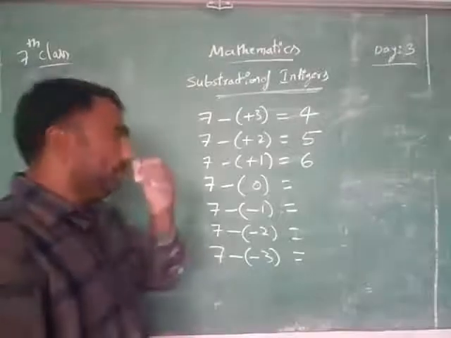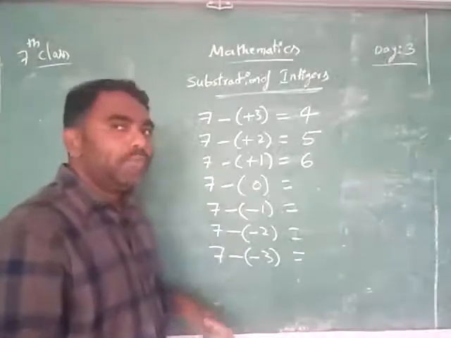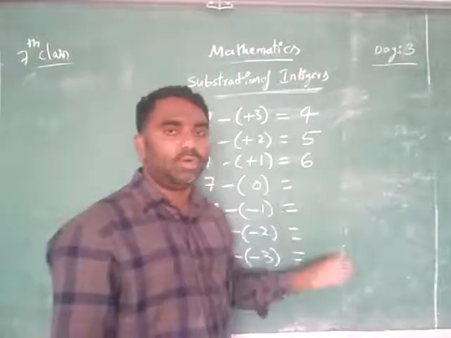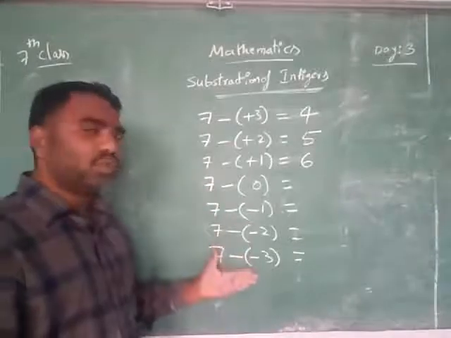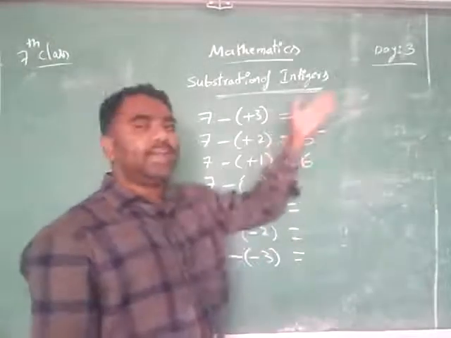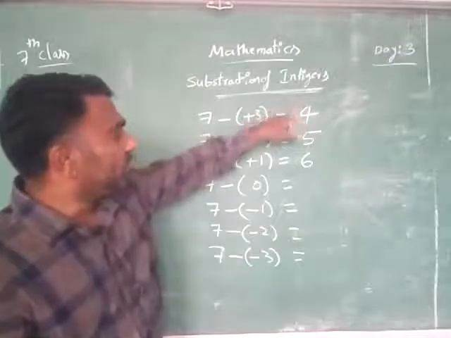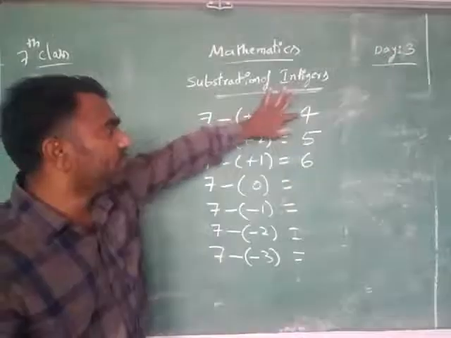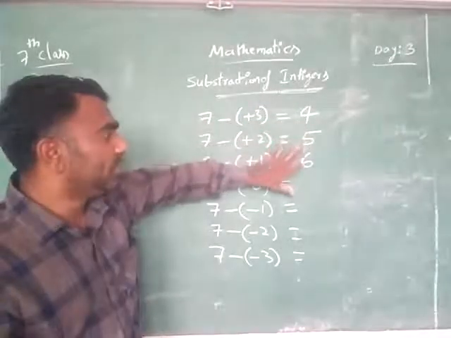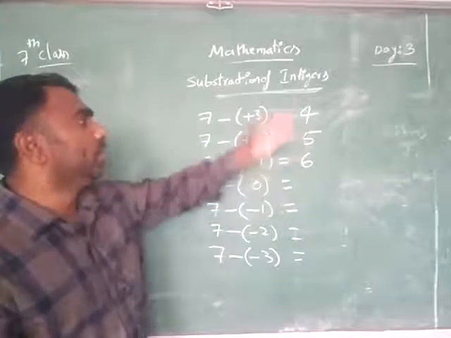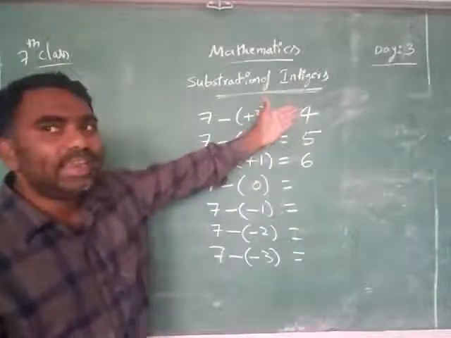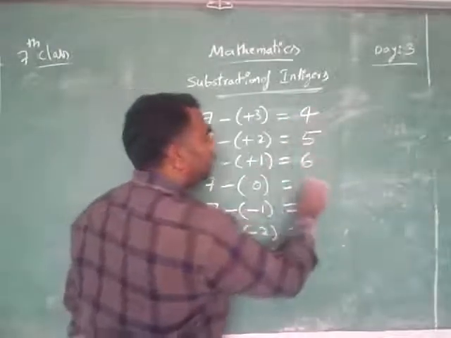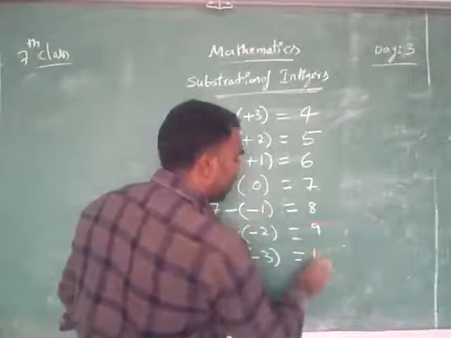Then what will be the answers? Just like with the additions I told you, when we follow the sequence in the question, we will get a sequence in the answers also. Here we followed the sequence in the question, so compulsorily we will get the answers in sequence also. So find out the sequence here. What is the answer sequence? 4, 5, 6, next 7 exactly. Means we are increasing by one in the answer. That's why it is 4, 5, 6, 7, 8, 9, 10.